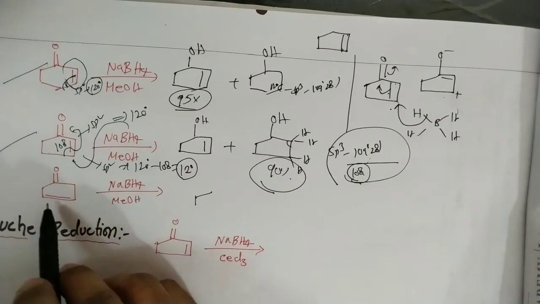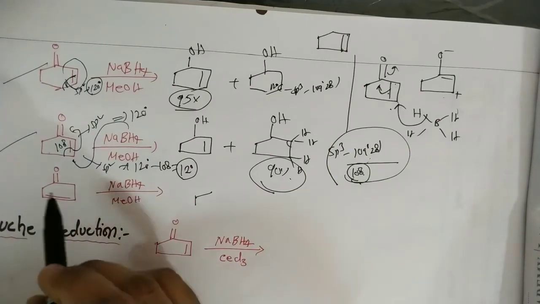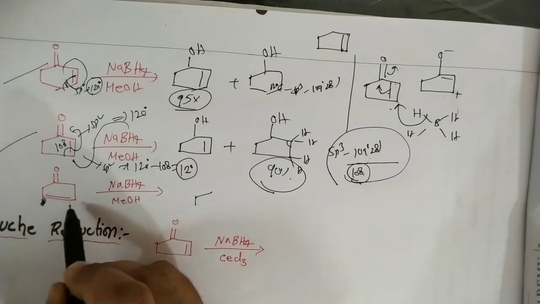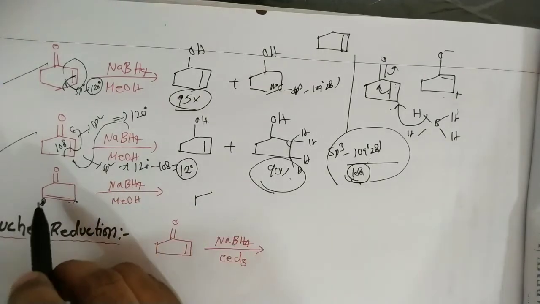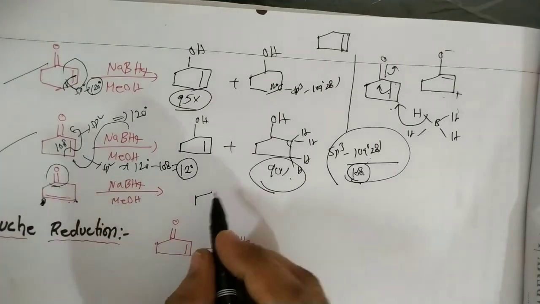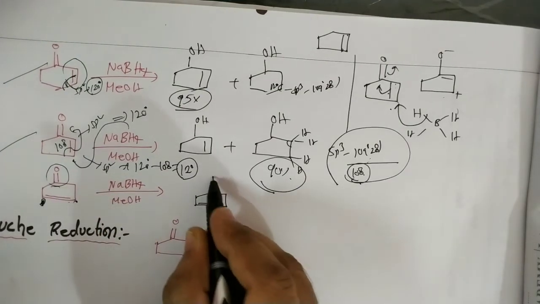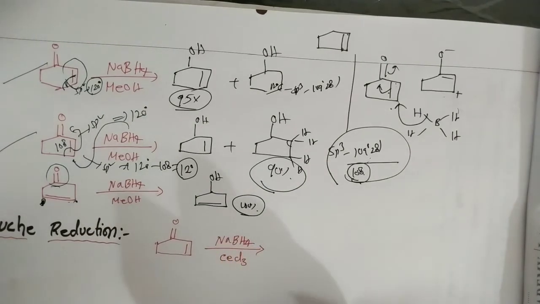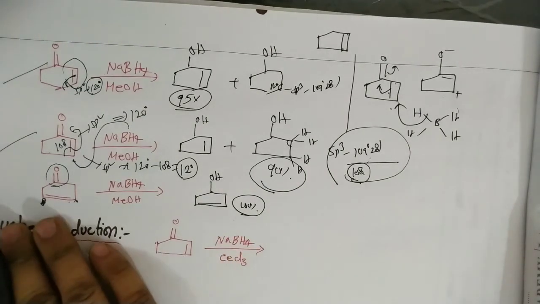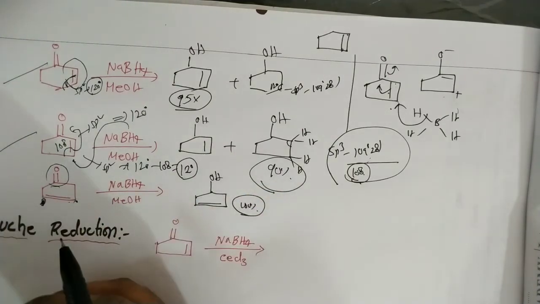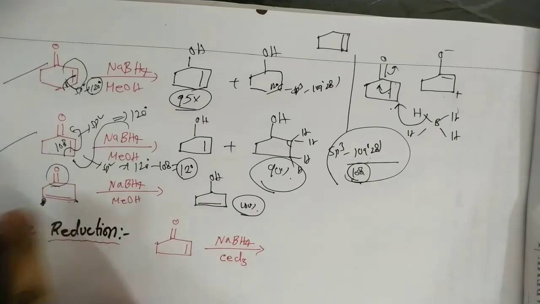But in this case this double bond is not in conjugation. So this one has no charges, these terminal carbons have no charges, this double bond is not polar in nature, that's why only this group is reduced, so the double bond remains unaffected. This is the 100% product. Okay, when it is not in conjugation, the double bond is not reduced even though it is in a 5-member ring. That is a very noticeable point here.